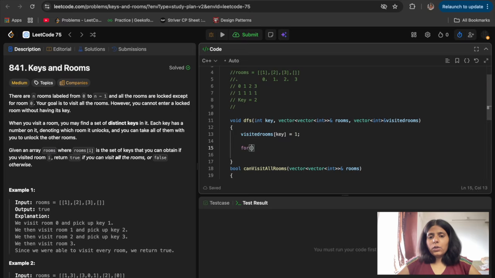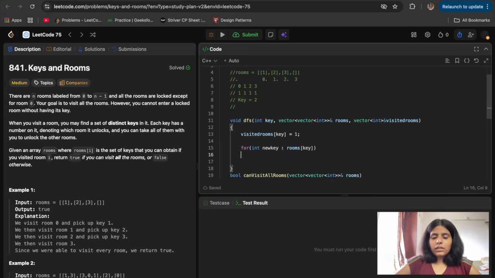Now I have to go to the room whose key I have right now, which is here key. So I'm getting the new key from the room's keys. Basically we opened that room and took the new key, and I'll first check if that room was previously visited or not.